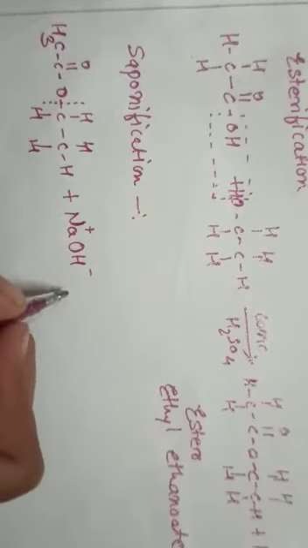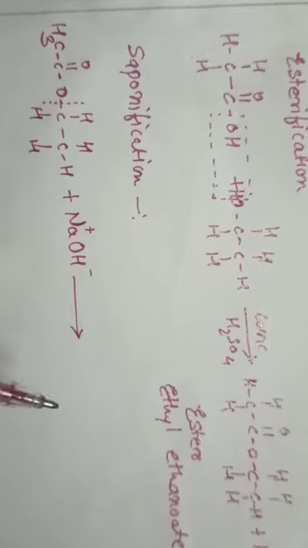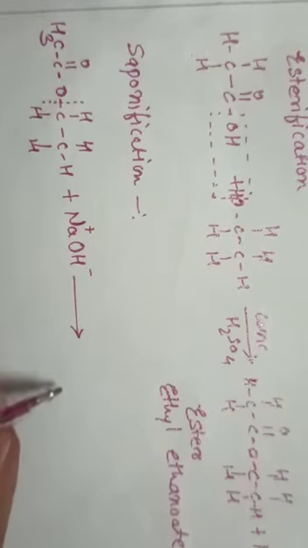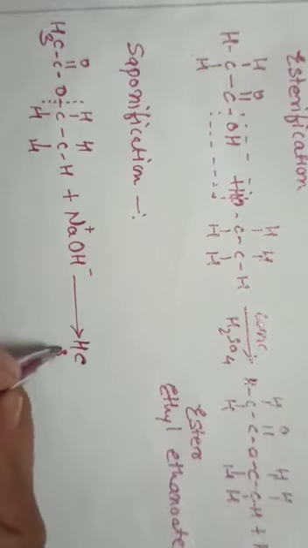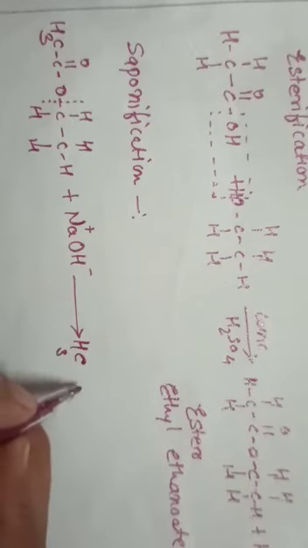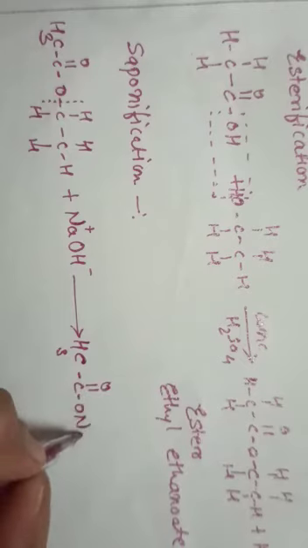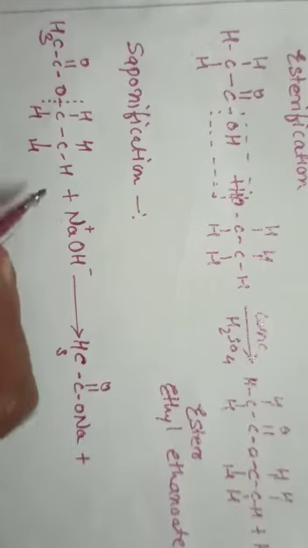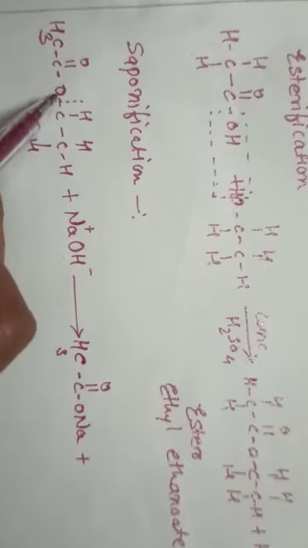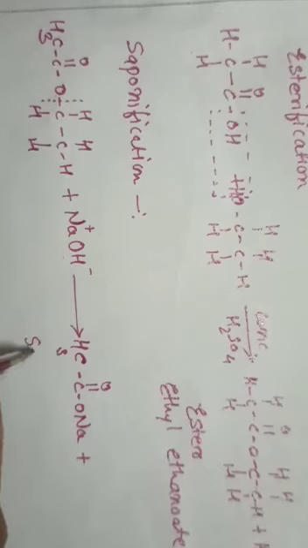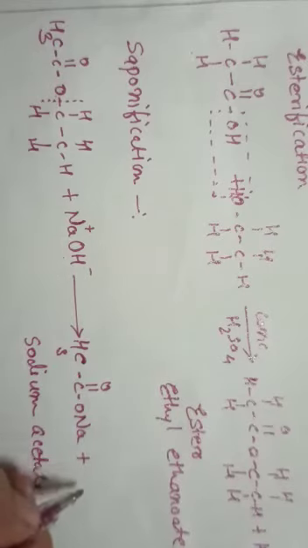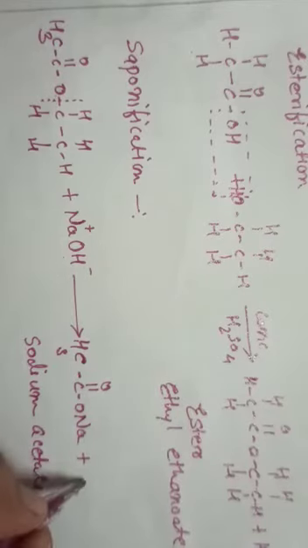So in this first reaction of saponification, you will receive two products. The main product is sodium acetate, CH3, C double bond O, O, Na plus. Now what remains here? See, Na is already coupled with this O, so you are getting your product as sodium acetate. And what is the byproduct now? It's simple ethanol.